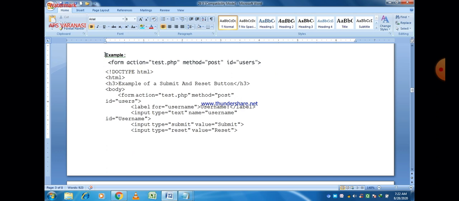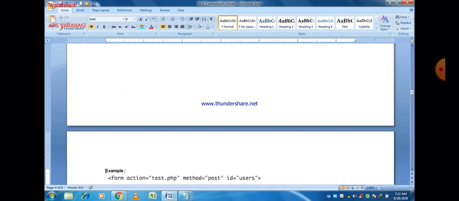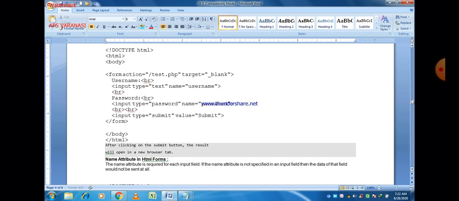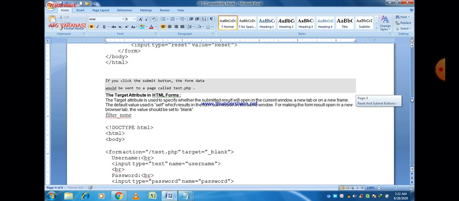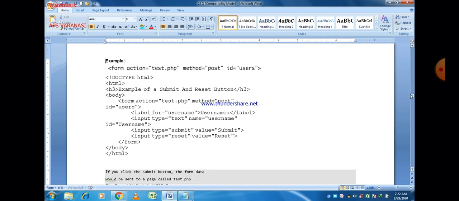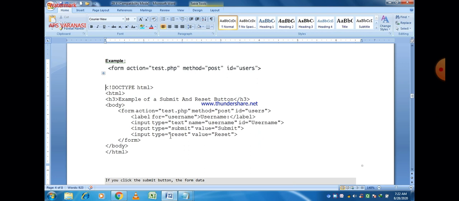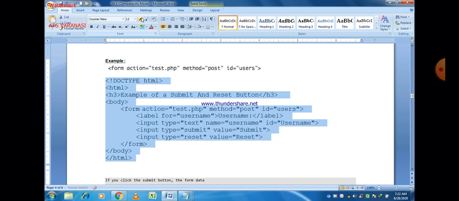So action is equal to test.php is given. So this is a program to define the action attribute here.